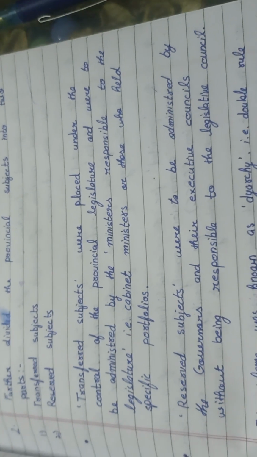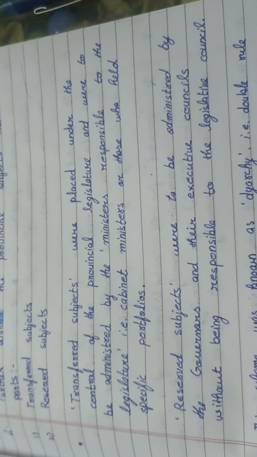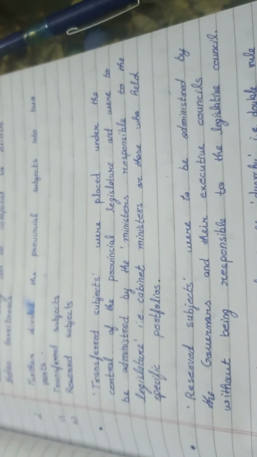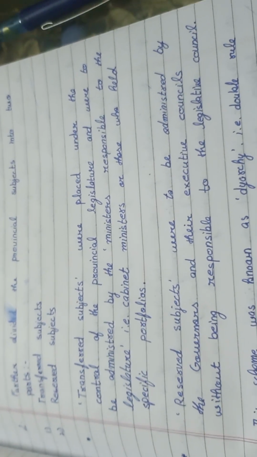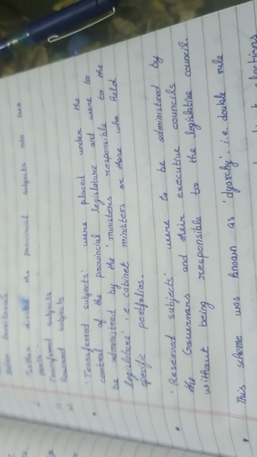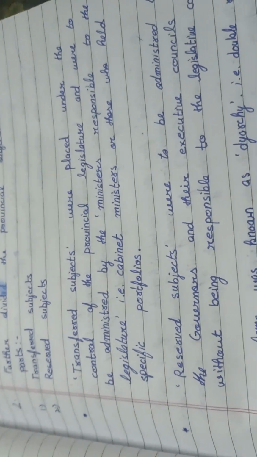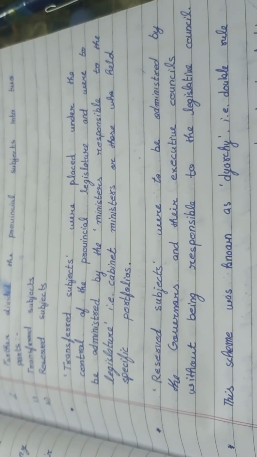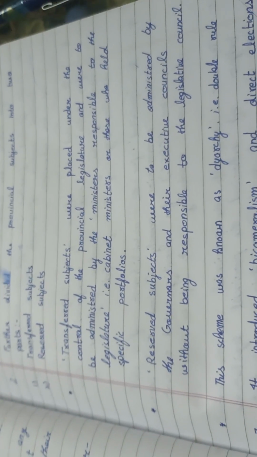Executive council, that were part of the control of the provincial legislature and were to be administered. So they're saying that the transferred subjects were to be ruled, or you can say operated, by the executive council of the governors and their members. It's basically the same thing, yeah. So the transferred subjects were actually given to the executive members of the governor's legislature, and the reserved subjects were given to the